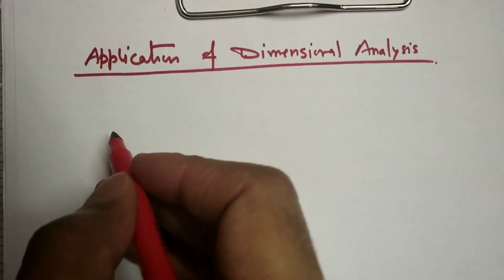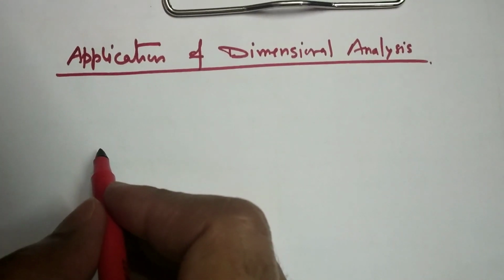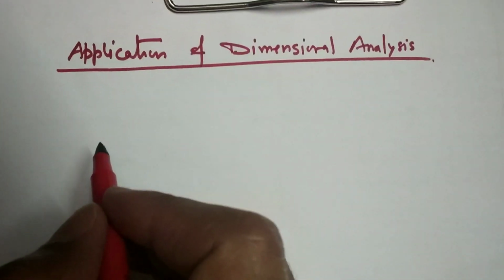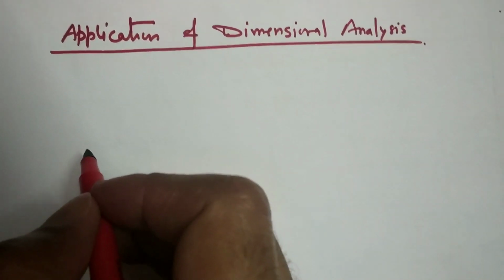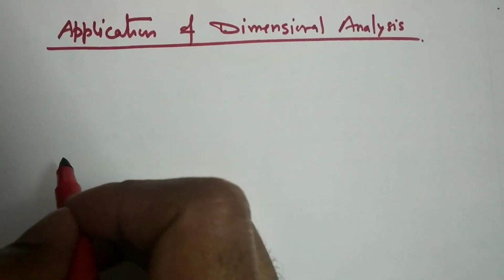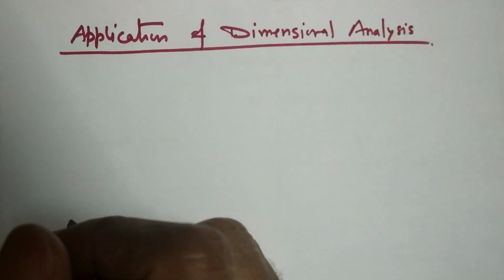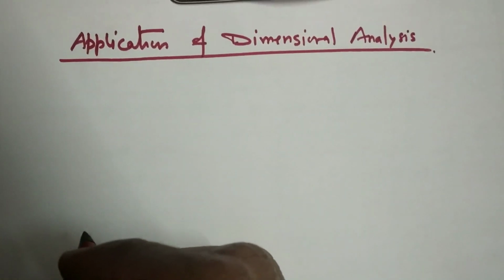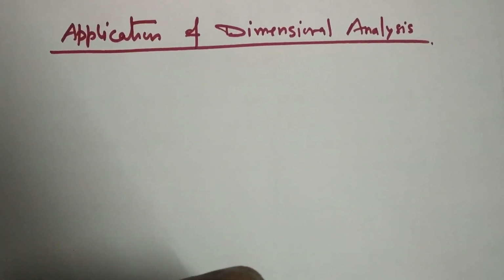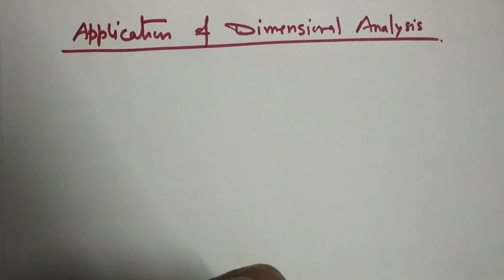Good morning, students. Today we will start application of dimensional analysis. In the previous video we learned how we can find the dimension formula of any physical quantity. What is a physical quantity? Magnitudes. So these things we will apply in physics. How can we use dimensional analysis in physics applications? One by one we will discuss. In total, 3 applications we will discuss.